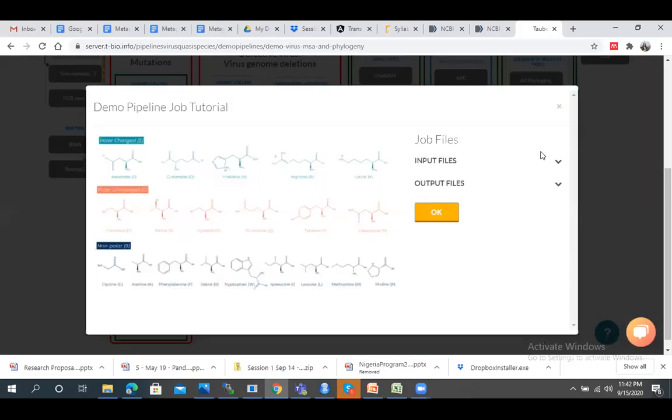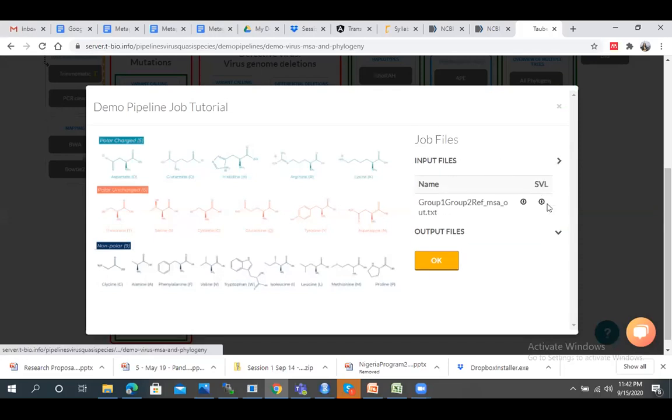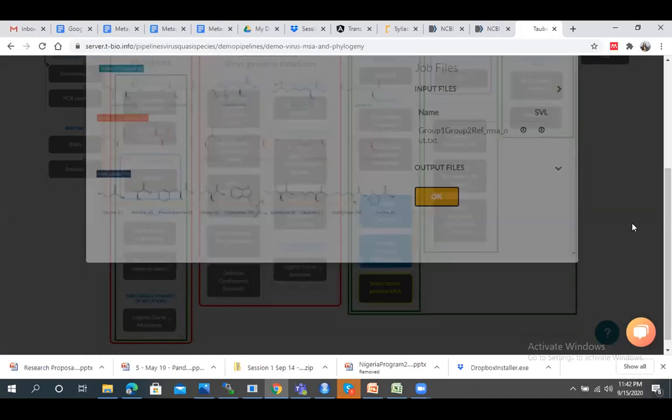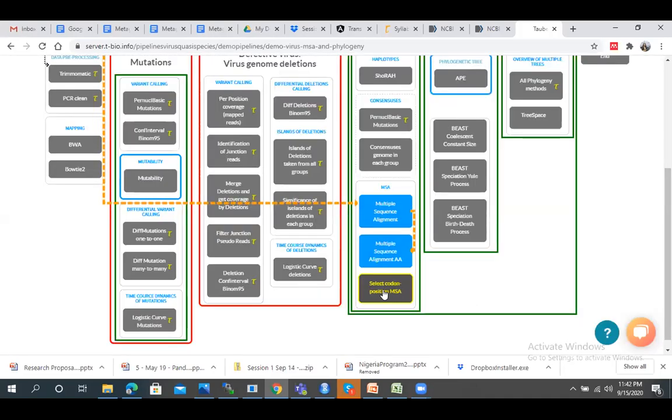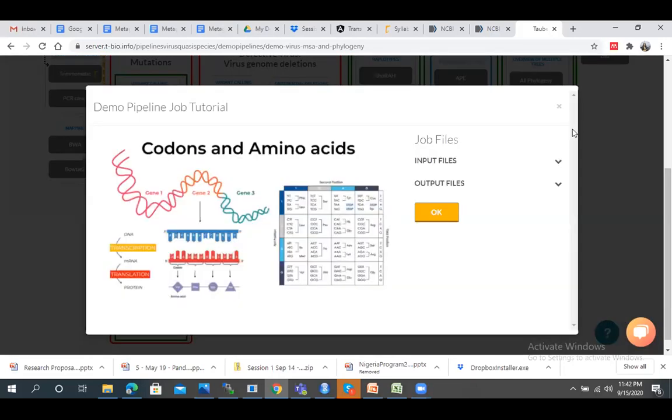Here the different codons and amino acids are available. Then we can check what kind of files we are getting. Here we are getting files for group 1 and group B, that is ref MSA files. Then we can choose the select codon positions. This option is available if you want to change the different codons. So this makes ultimately codons and amino acids.